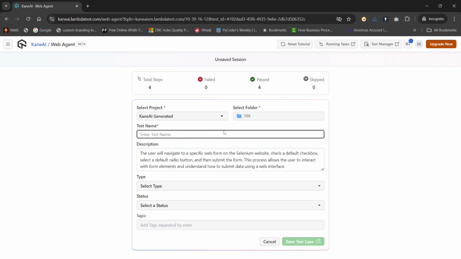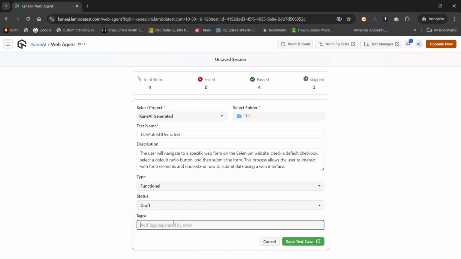What is the architecture they have planned, since it is in beta, and they're working on this particular version. So TDS, and what is that one, auto SD demo test. Okay, functional, and again draft status, and smoke. Okay,